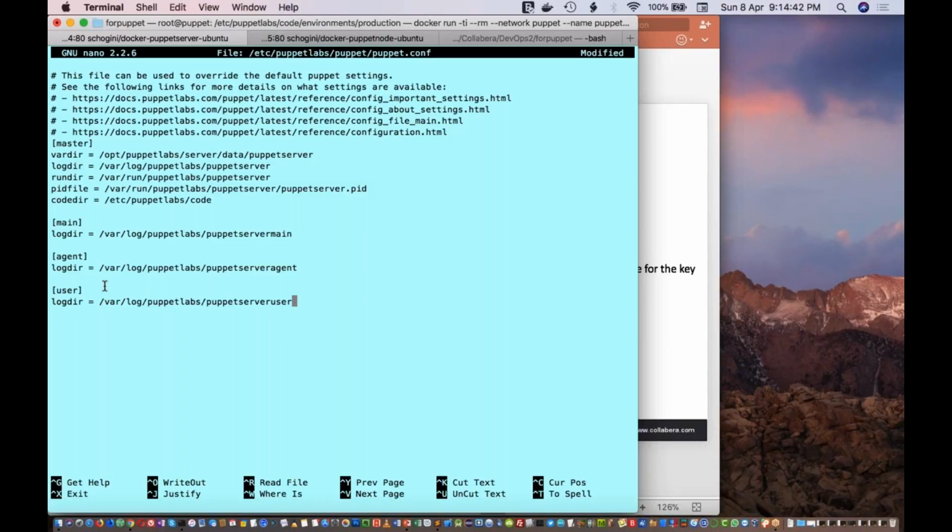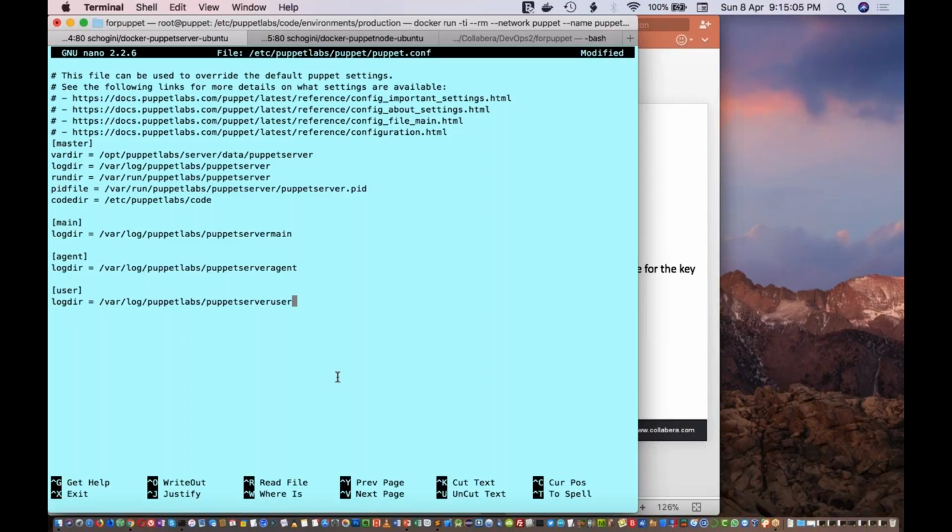Okay, so Puppet prefers to use settings from one of the 3 application specific sections, like master or agent or user. So as far as possible, don't try to use main, because the values that we specify in master, agent, and user can override the value that we specified in main.